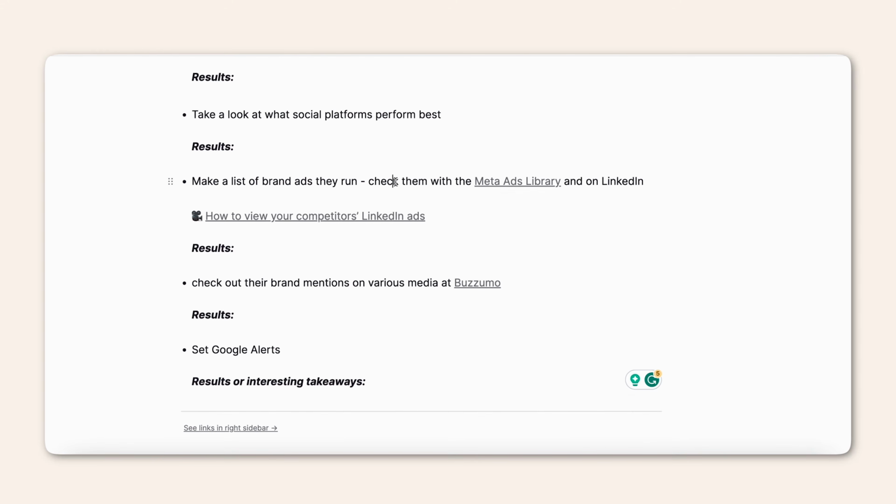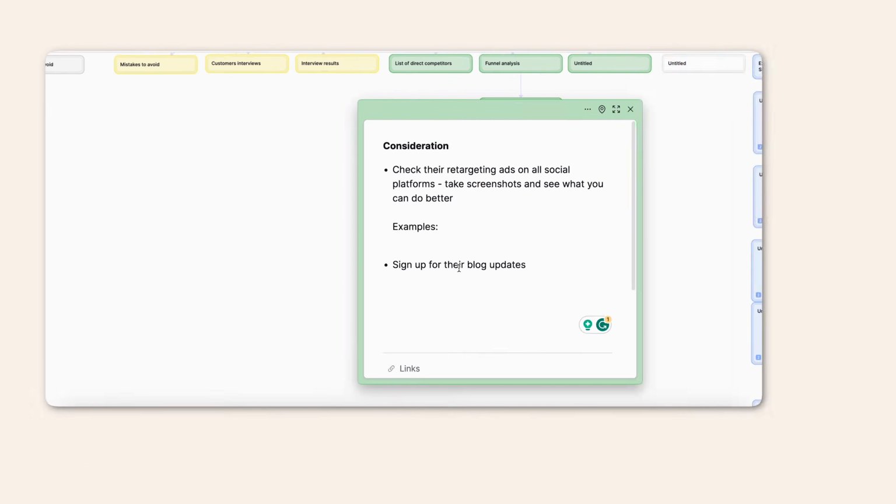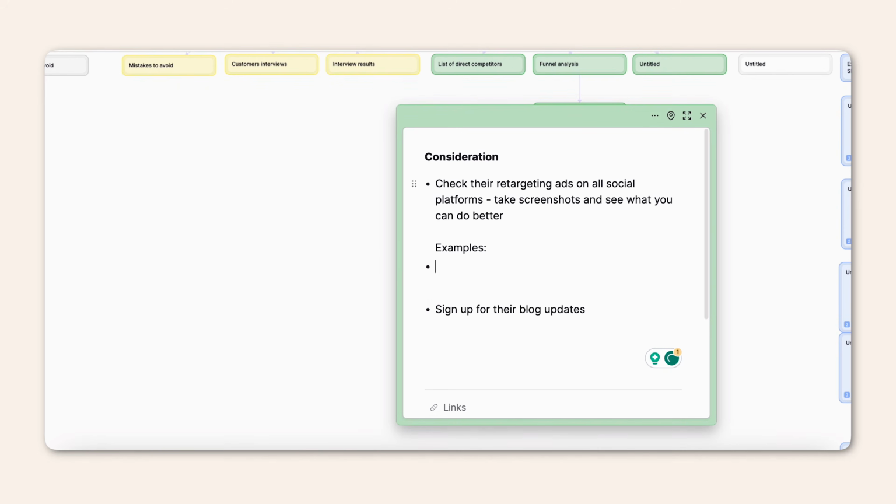Make a list of brand ads they run. Check them with, for example, the Meta Ads Library or on LinkedIn. Check out their brand mentions on various media with BuzzSumo. Set Google alerts. Consideration. So after browsing through their websites for a few days, you'll definitely be bombarded with